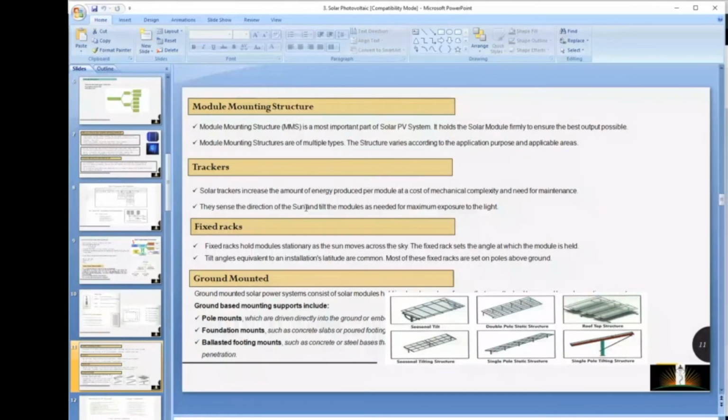For 10 kilowatt, we can let it go, because if we are making a tilted angle mounting structure, it will cost more. But in case of larger plants, let's say 10 megawatt, 100 megawatt, 150 megawatt, we can't let it go because the generation difference is much above. So in case we use trackers. Trackers can be of two types: manual tracker or automatic trackers. In manual tracker, in summer our tilt angle is generally maintained as the latitude plus 15 degrees. In winter, it is maintained as latitude minus 15 degrees.